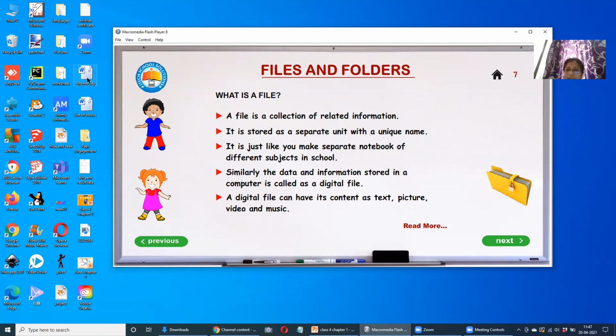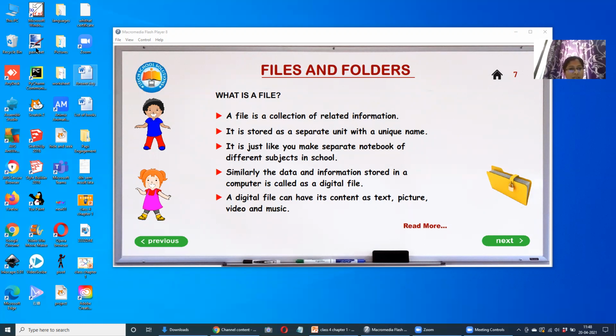Similarly, the data and information stored in a computer is called a digital file. See children, whatever you write in your notebook is a notebook file, correct? But whatever information you store on your computer system, we can't say it is a normal file, we say it is a digital file because it is stored in the computer, a digital device.